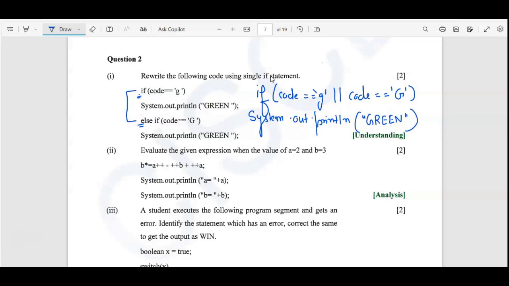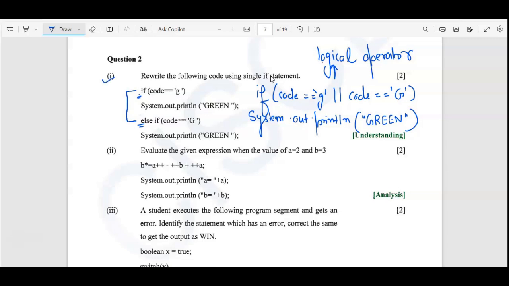Easy. So what you have to understand is, first we have to check the output. If two different outputs are there, then we have to think in a different way. But here things are quite simple because the output is the same and the conditions are two. They are asking you to display the same output for two conditions, and that we can do with the help of a logical operator. We can merge the conditions here with the help of logical or. Or means if this or this, any one condition is true, it will give you a true result. Okay, so this is clear.